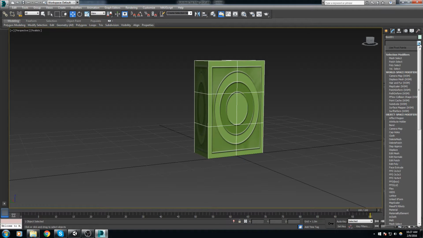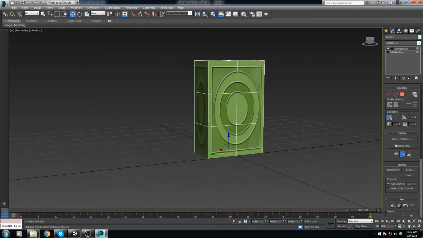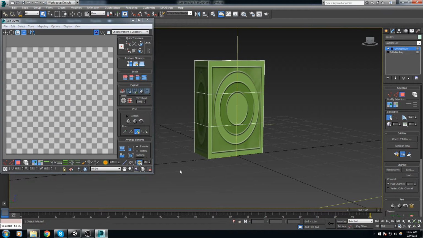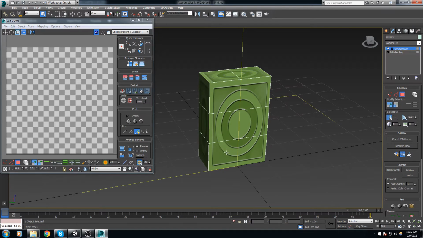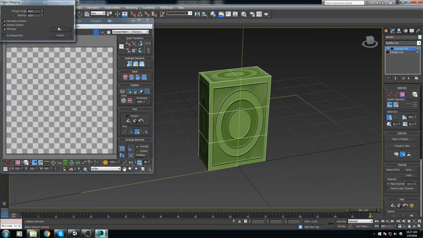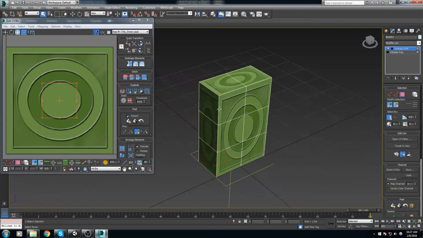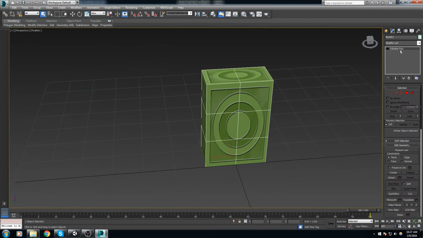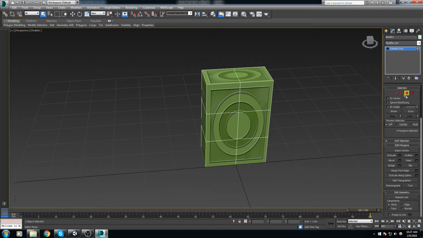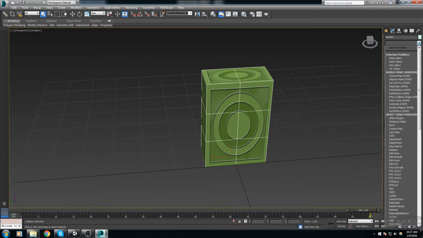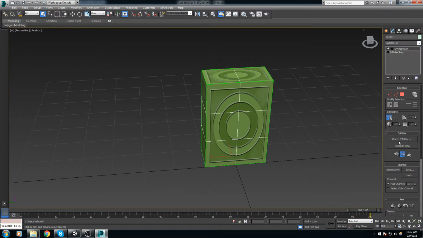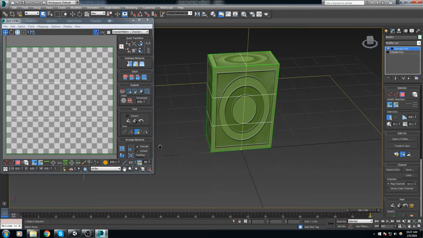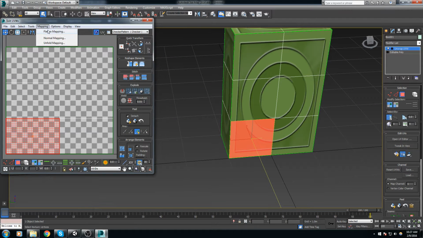I will add an unwrap UVW modifier, open in the UV editor. Then I'll choose this face, do a flatten mapping. Oh, doesn't seem to work. Okay, let's collapse that. So convert to editable polygon. I have no selection up here, so just make sure that nothing is selected, like that. And then we will put the unwrap UVW modifier again, and now this works. So I'll choose this texture, flatten mapping,